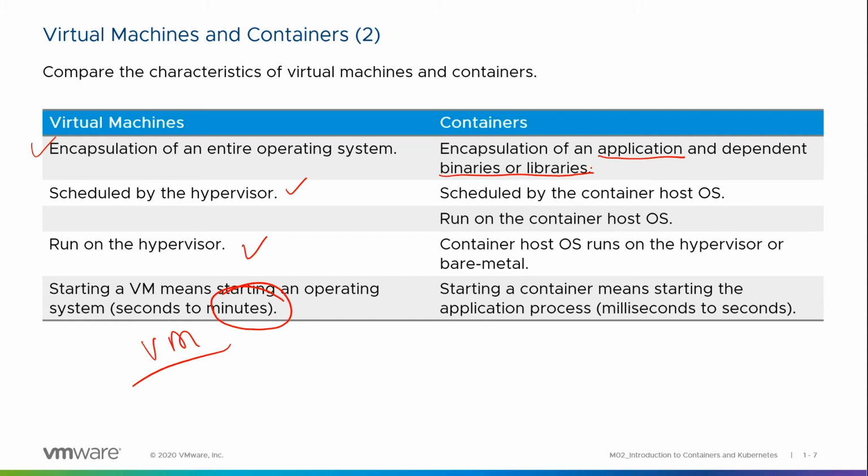That container then is going to be scheduled by the container host OS. That's what's actually scheduling it to run. It's actually calling the container runtime engine, which in turn then is running the actual container. So the container is being run on the container host OS, which is now equivalent to my virtual machine on the other side. And it's going to be running in most cases on some type of hypervisor. Again, it could run bare metal, but 90% of them are running on a virtual machine for all the benefits